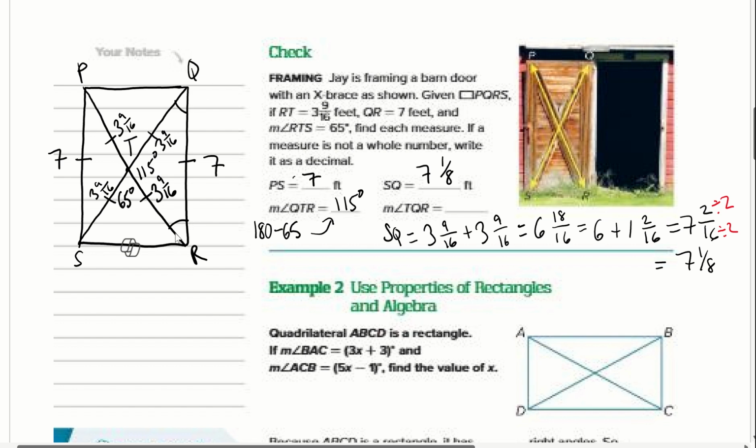These two are congruent. And that makes sense because if you think about it, this triangle right here, let's use this color in green, this triangle right here is an isosceles triangle. And so because these two sides are the same, the 3 and 9/16, 3 and 9/16, that means that the opposite angles have to be the same, by the isosceles triangle theorem. And so that means that if I just focus on the green triangle,